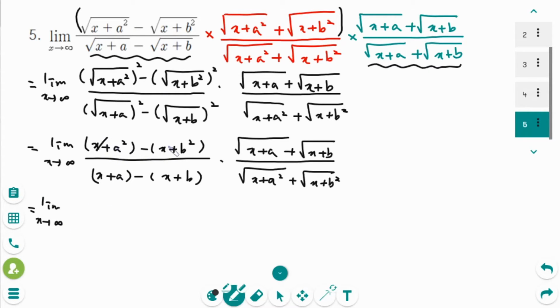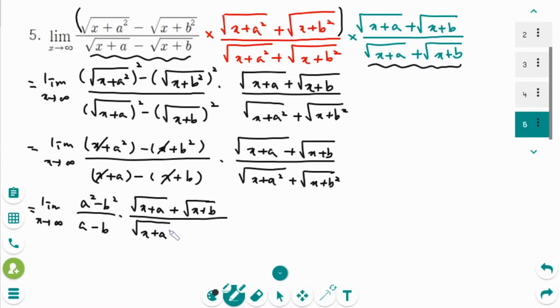X minus x we can cancel, then a squared minus b squared over, x minus x cancelled, a minus b in the denominator, and then times the same. a squared minus b squared can be factored, a minus b, a plus b over a minus b, and then